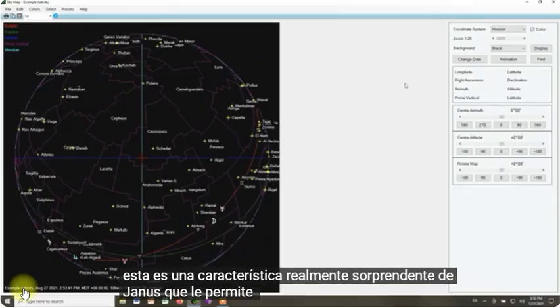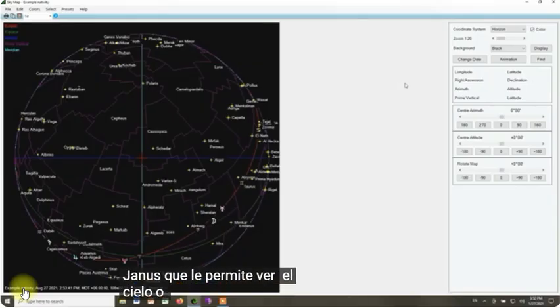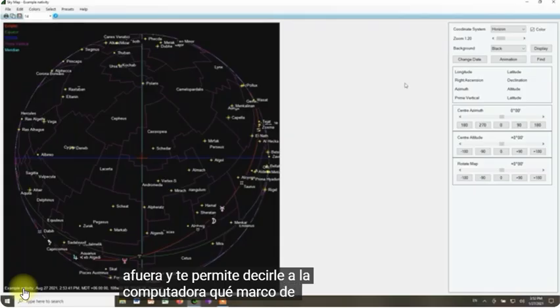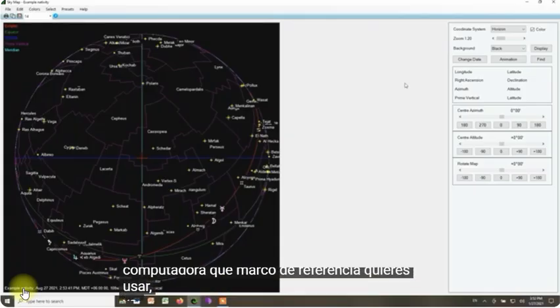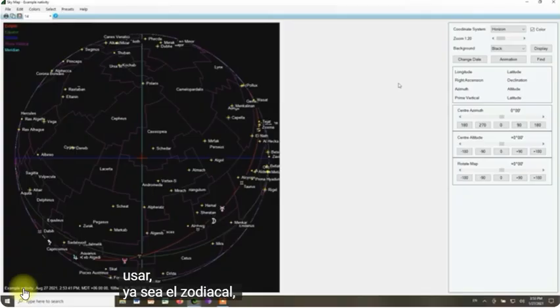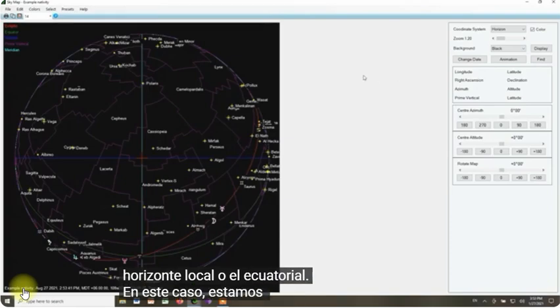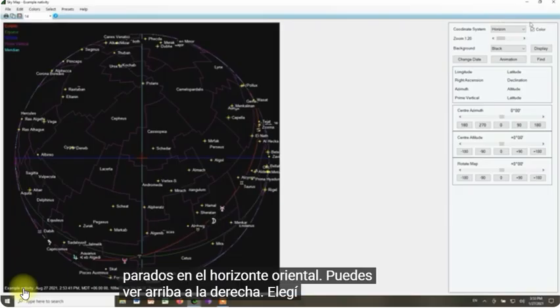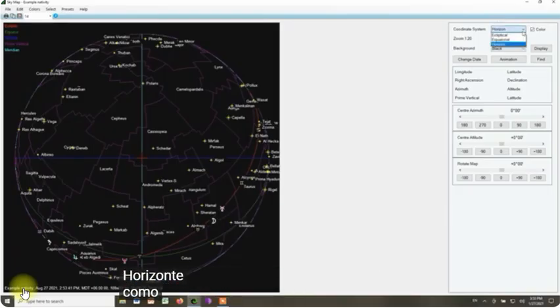This allows you to look at the heavens, or look at the Earth, from the outside, and it allows you to tell the computer which reference frame you want to use, whether it's the zodiacal or the local horizon or the equatorial. In this case, we're looking at the Earth from the outside as though we're standing on the eastern horizon. You can see up in the upper right, I've chosen horizon as the